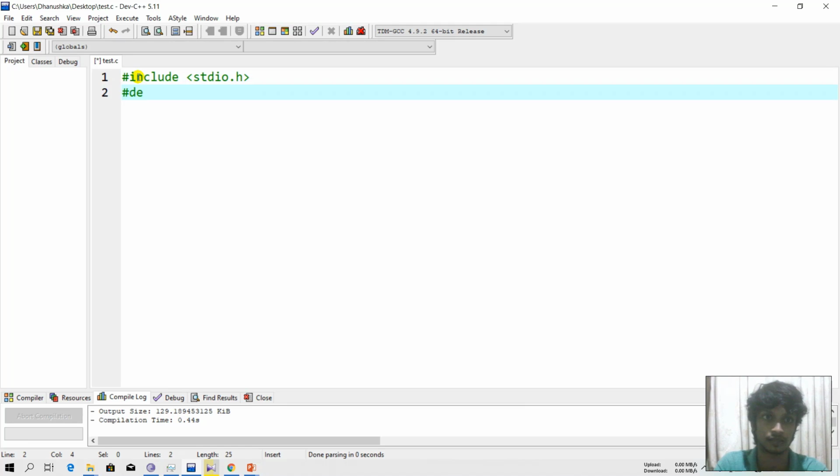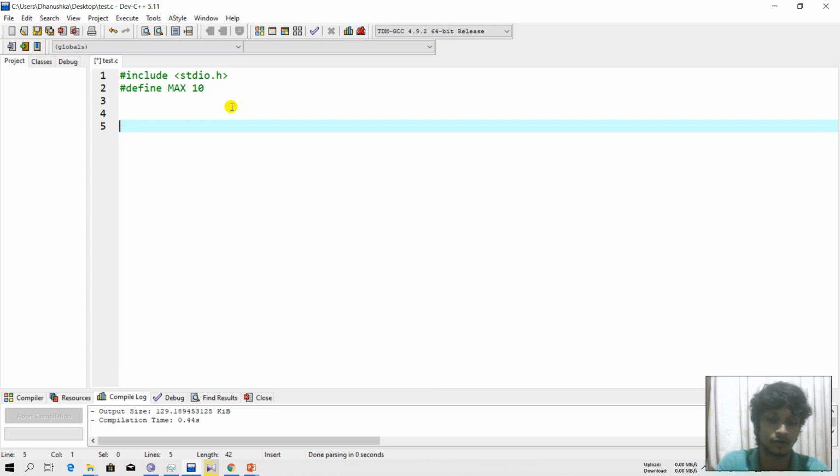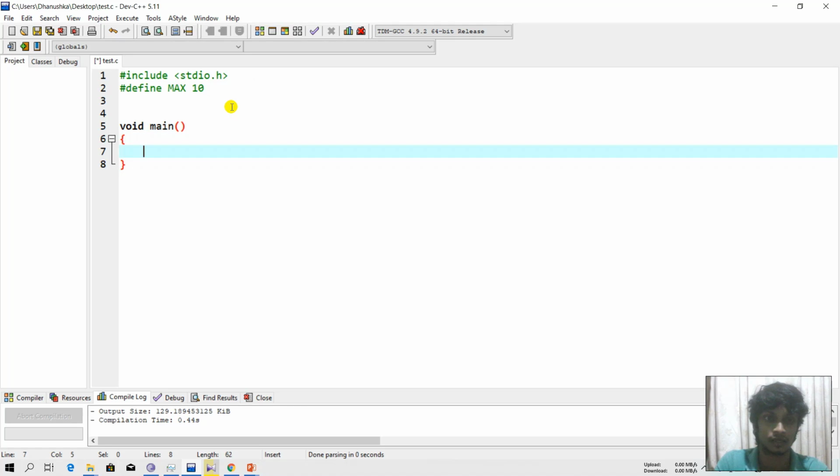Then we can define our maximum size. I'll take my maximum size as 10. Then we can define our void main function, and I can define an array like this. I'll assume my array is empty in the default state.